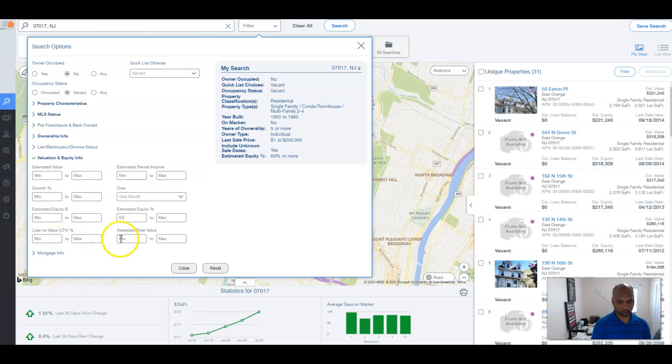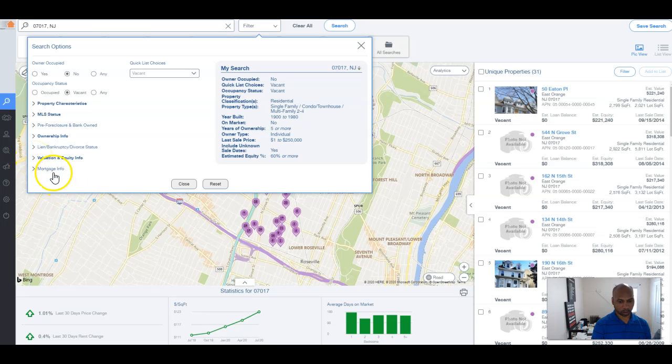Loan to value, not touching the loan to value assessment. Mortgage info, not going to touch the mortgage info. And that's just the basic search. Owner occupied. So we're looking for non-owner occupied, vacant,